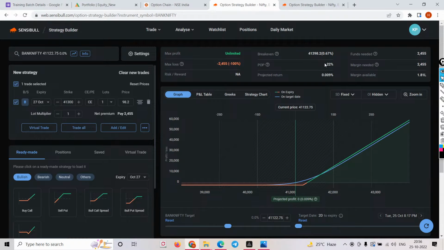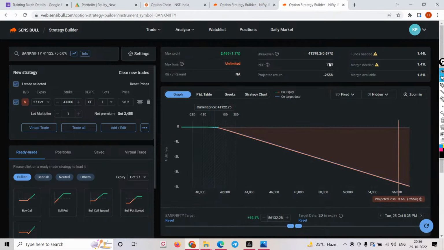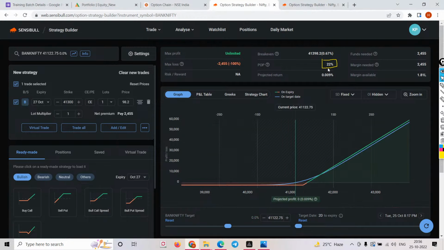See, this is your POP, though the POP shows only 22% for the buyer. And let's see what a POP is. That's the reason I told you, right? For the option seller, you have the edge. Why is it showing 78% here? Simple, right? Now you got the differentiator. I've shown you everything practical. Why is it showing 78%, and why is it showing only 22% for the buyer? I've shown you because the option seller has the edge.